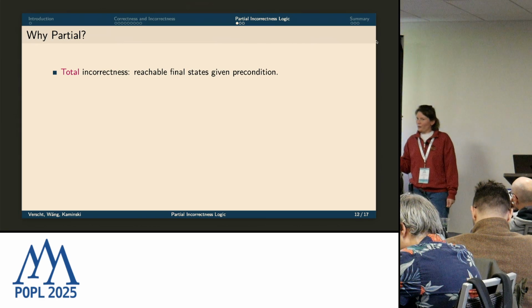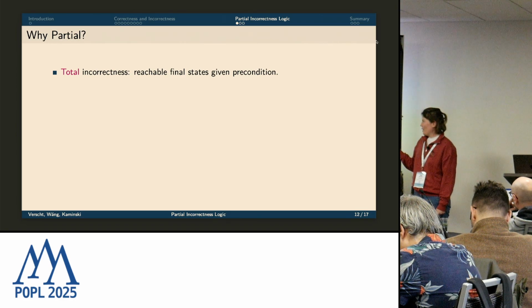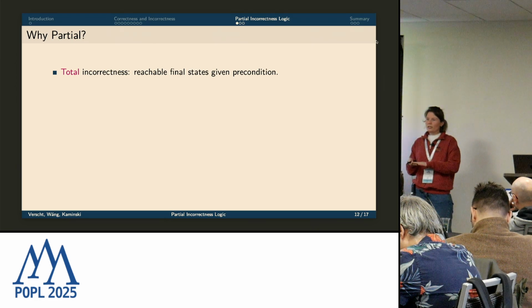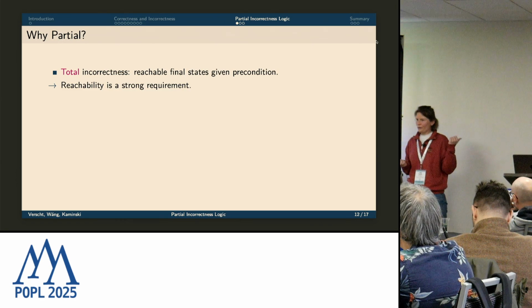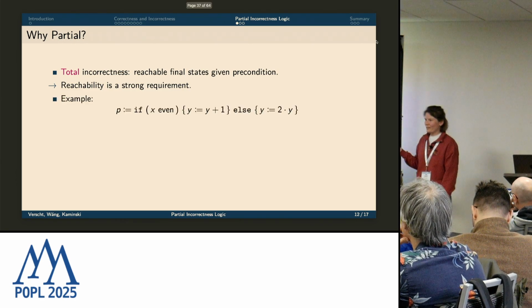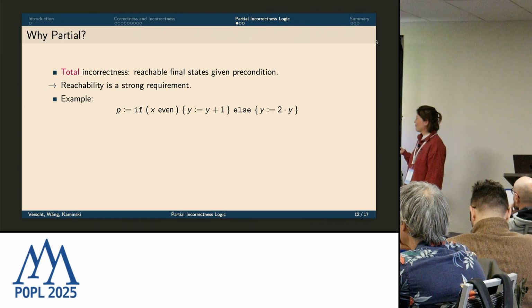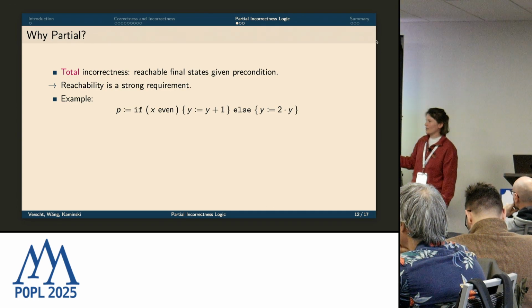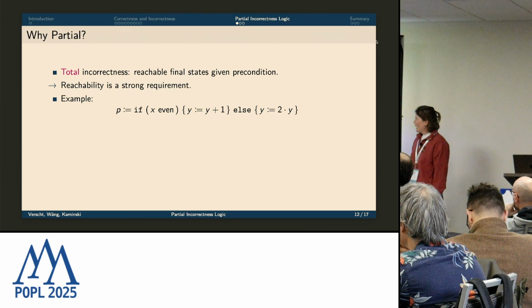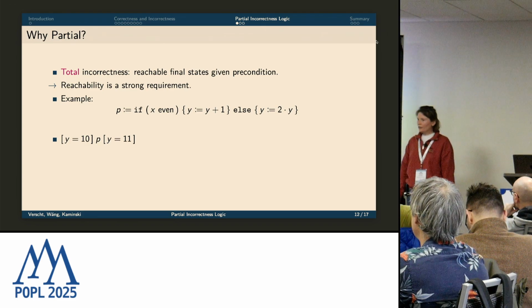Okay, so why should we be interested in this partial incorrectness logic? Well, total incorrectness requires reachability of all final states included in this postcondition. And this is a very strong requirement, actually. This now goes in the direction of what we've just seen. I have an example that is also very similar, also inspired by one of the beginning examples in this incorrectness logic paper. Here's a program that increases y by 1 if x is even and otherwise multiplies y by 2. And if we're now looking at this triple here, y equals 10, program, y equals 11, well, is